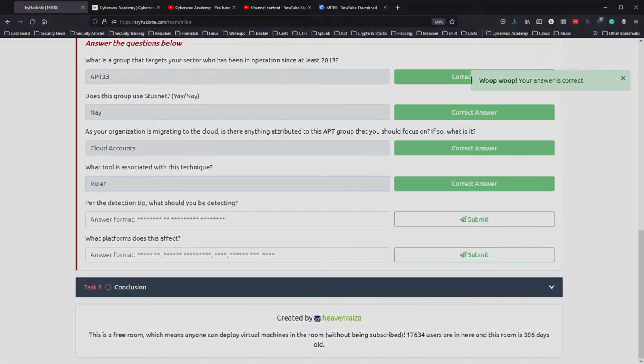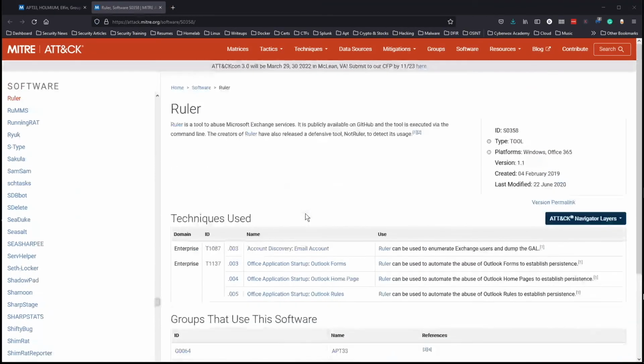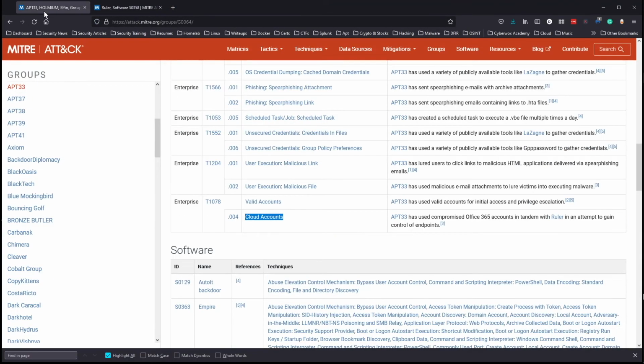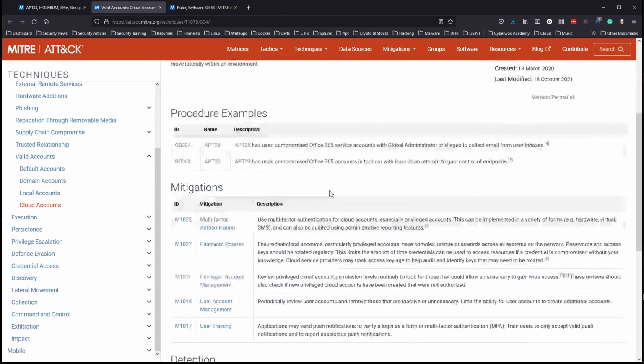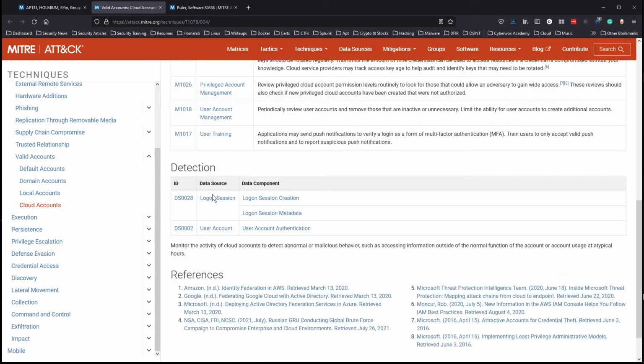So let's look back at that. So we're looking at APT33, cloud accounts. So let's open cloud accounts and see what the detection is. So per the detection tip, what should you be detecting? So detection,